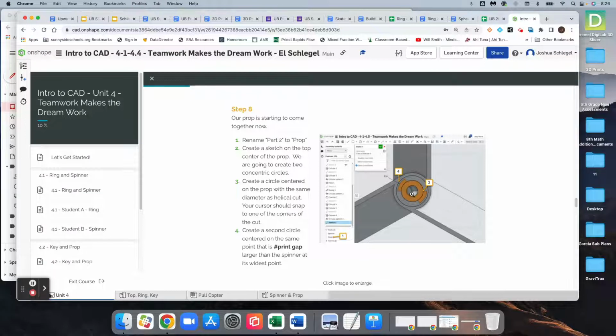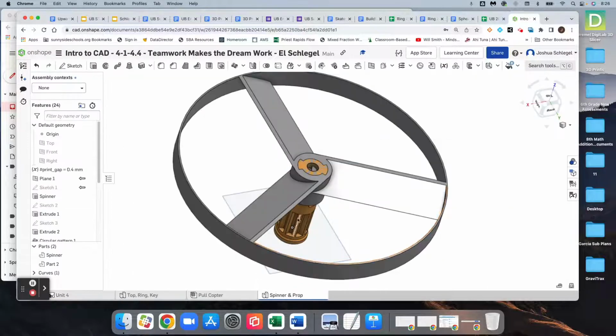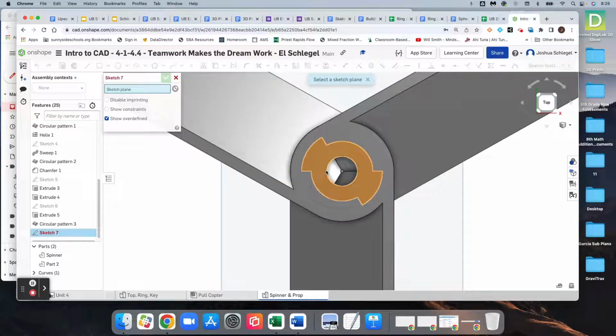And so to do this, we're going to create two circles. One that matches exactly with the top of the spinner right here on this line, and another that is print gap larger than the largest part of the spinner. And so we'll go ahead and get to that. We'll get this so we see it from the top. Zoom in a bit. We're going to make a sketch on this